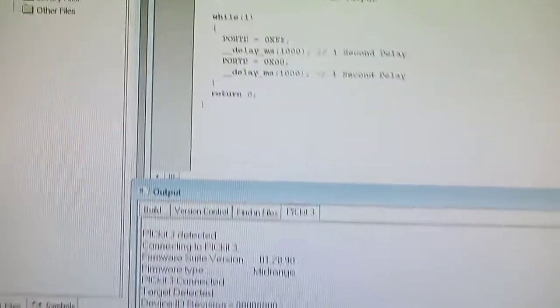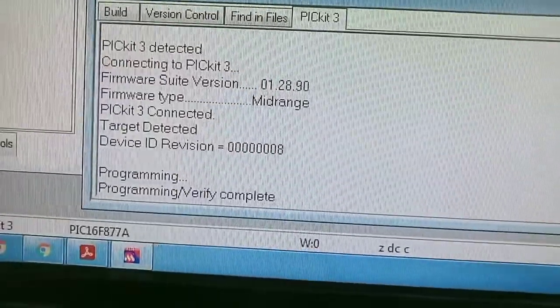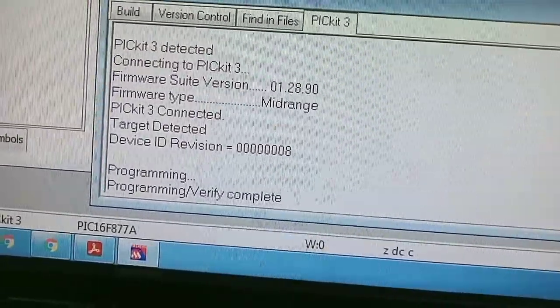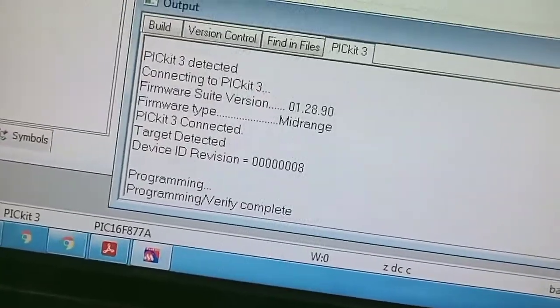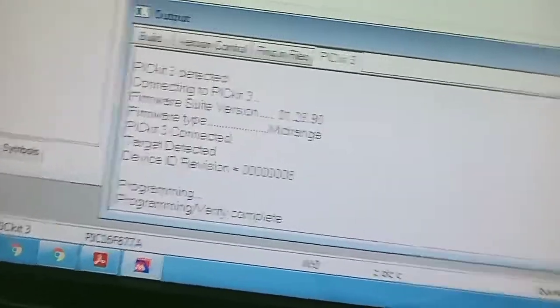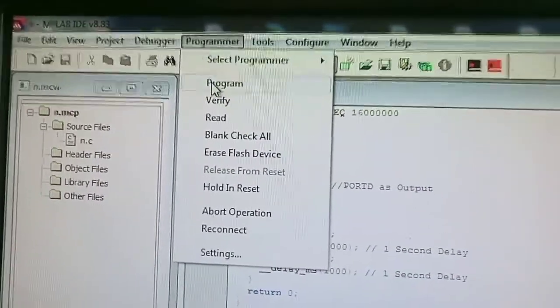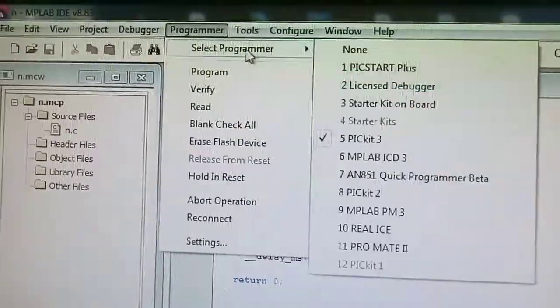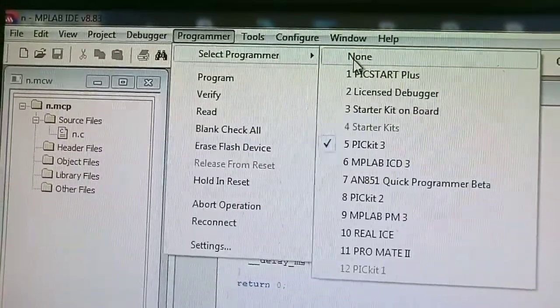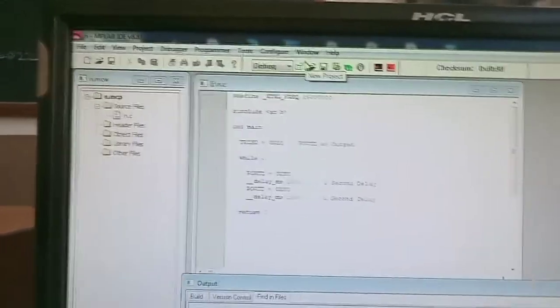Now see, your programming is complete and fine. It means your code is written into your PIC controller. So in this way you have to program your PICkit 3.